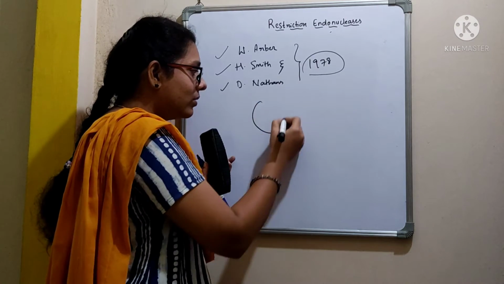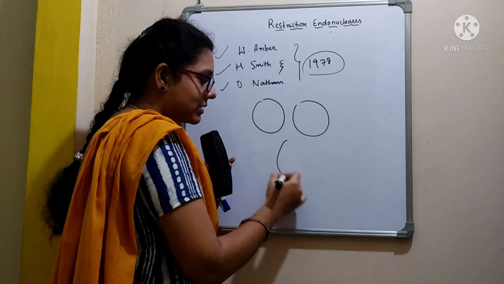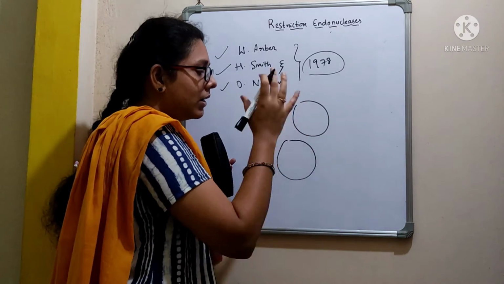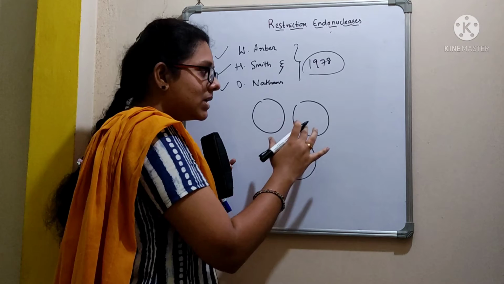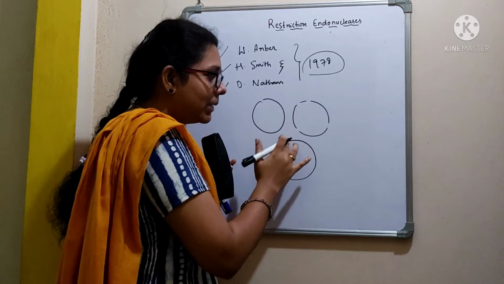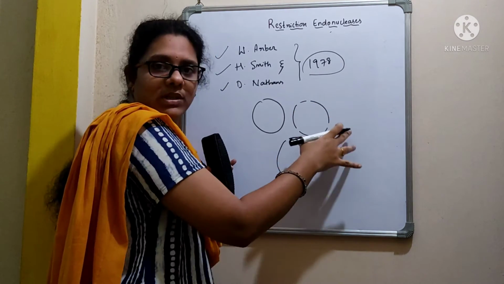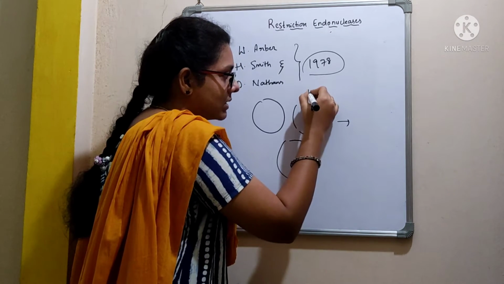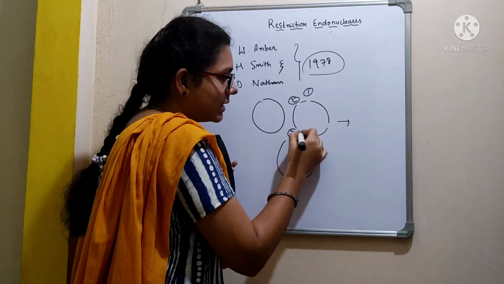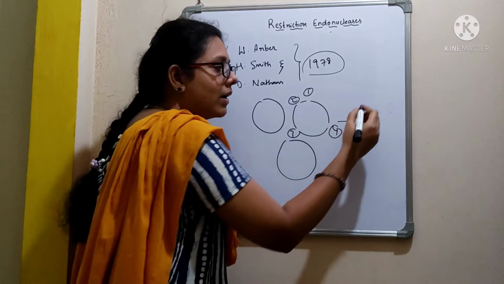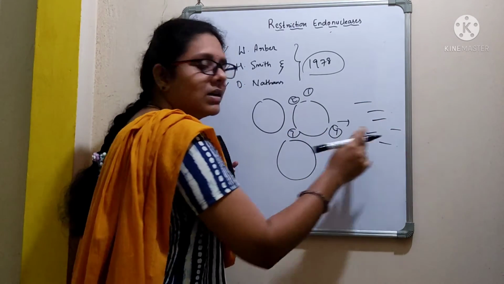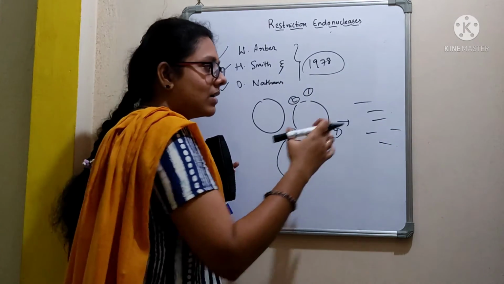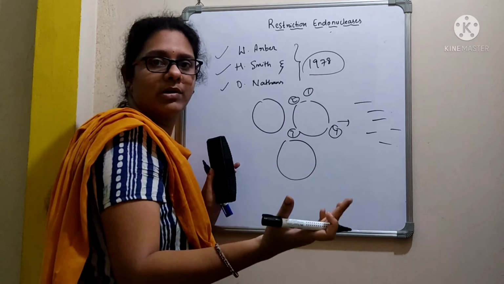As I already told you, if you choose a vector, suppose we have many vectors of the same type, if we treat it with the restriction enzymes and if it is cut into multiple fragments, we cannot proceed with the cloning experiment, right? Now if we cut with the restriction enzyme, suppose this is one cut, this is the second cut, this is the third cut and this is the fourth cut, right? If we get 4 to 5 different strands of this vector, how can we join our gene of interest into this vector? It is not possible, right?